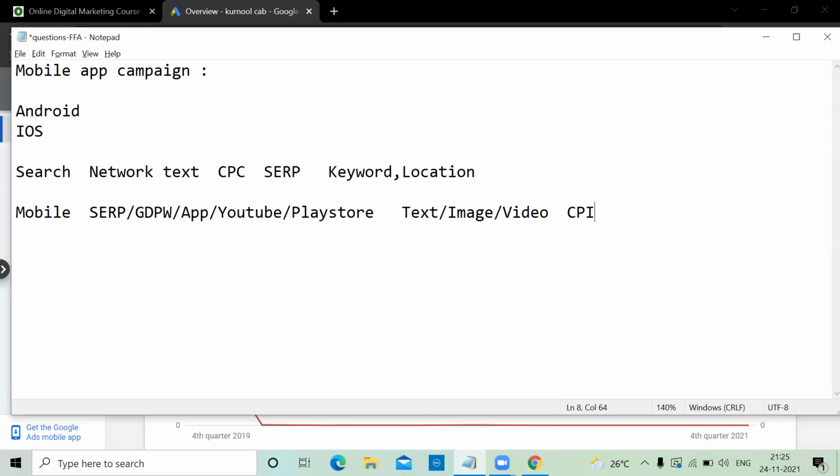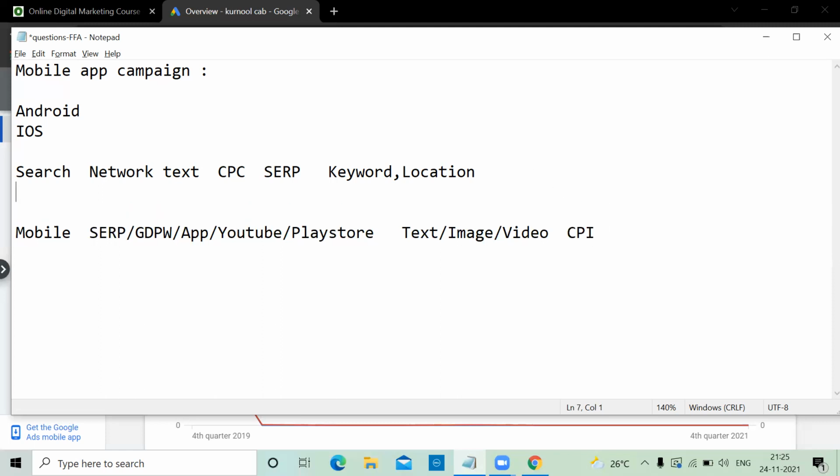Bidding type is CPI, cost per install. Only when someone installs, then they charge you money. But targeting, when it comes to the search network, you can target with the keyword. Only if someone is searching, then show my ad. Even in mobile app, your ad also appears on SERP, but you will never mention keywords. There is no such option. By the time the developer has created the app, he might be using the keywords, right? Based on the app only, ads will appear. You don't have to mention it.